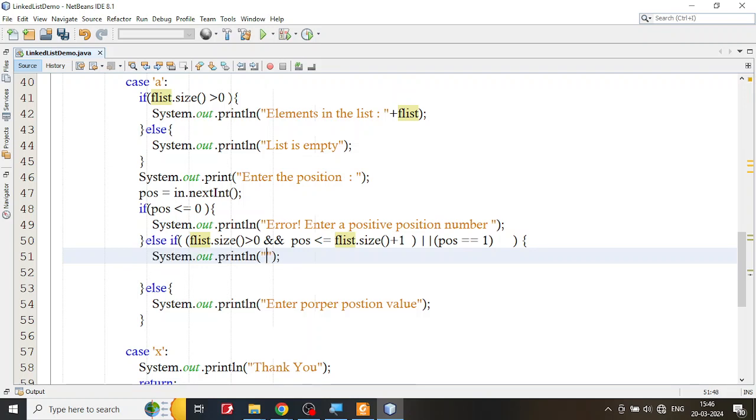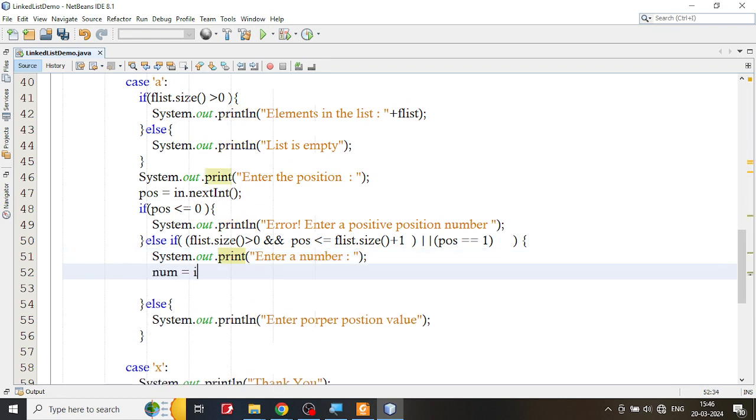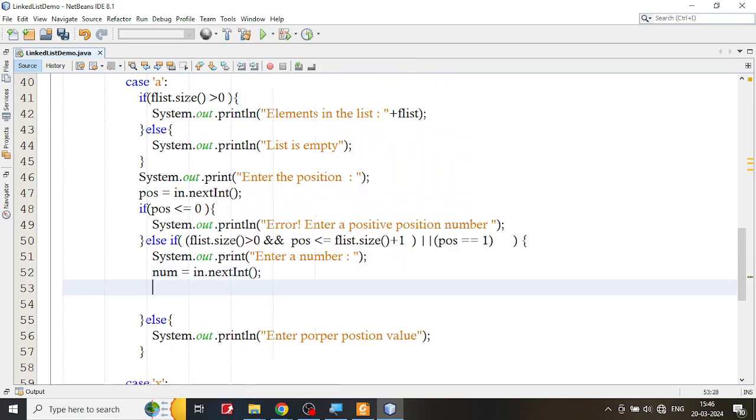So if everything is correct, then you are going to say enter a number. I'm going to say enter a number, and again I don't want this ln here. So enter a number, and I'm going to read that number. num is equal to in dot next int. So I read this thing. And how do I